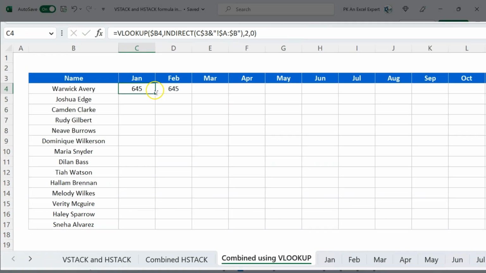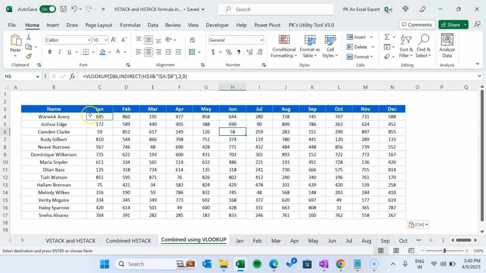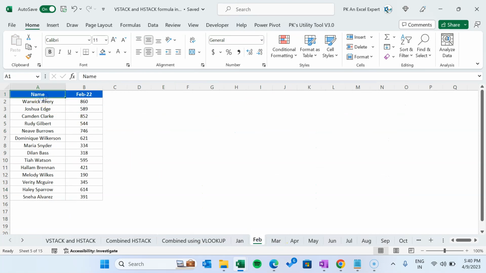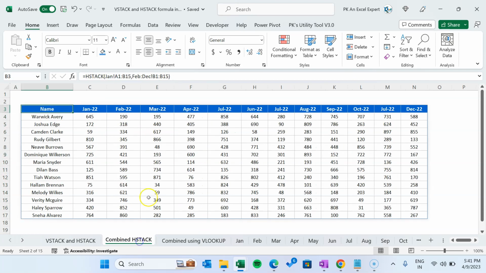Now this is done. We can quickly copy and paste this in whole range. Okay, so automatically it will pick up the relevant value from that particular sheet. The benefit of this one is, even if you sort the data in some different order, still it will take the correct value. And in the HSTACK, it will not take the correct value